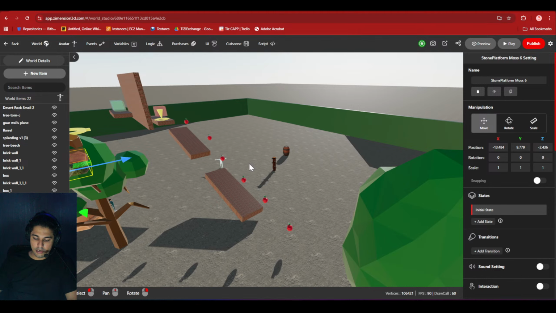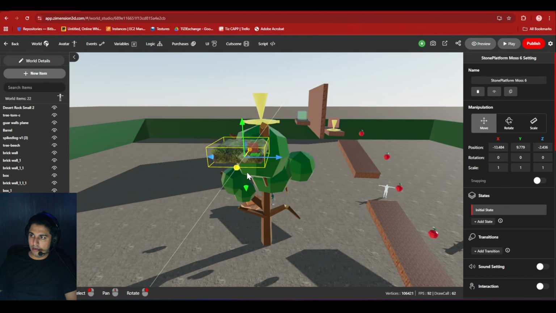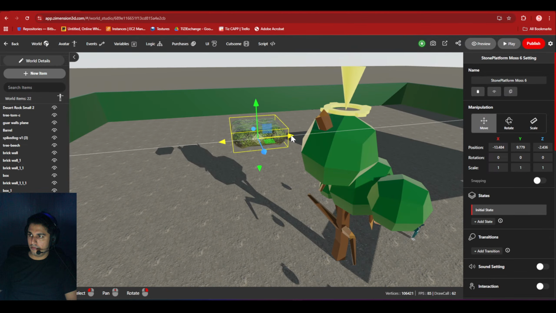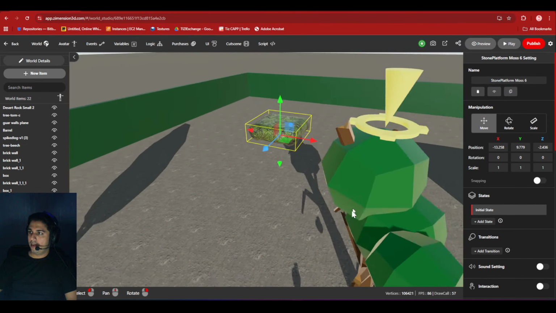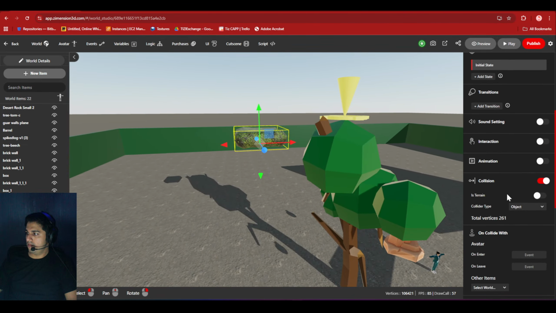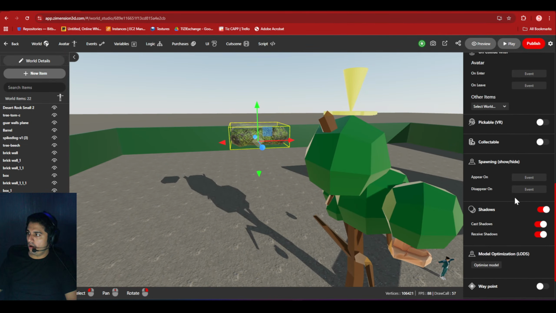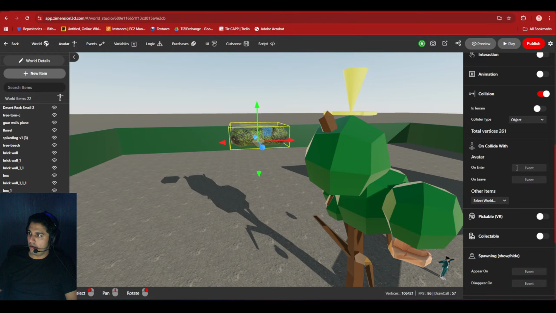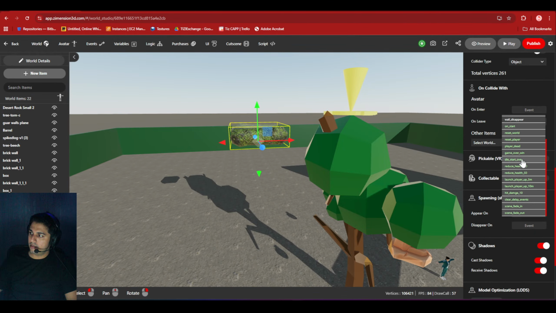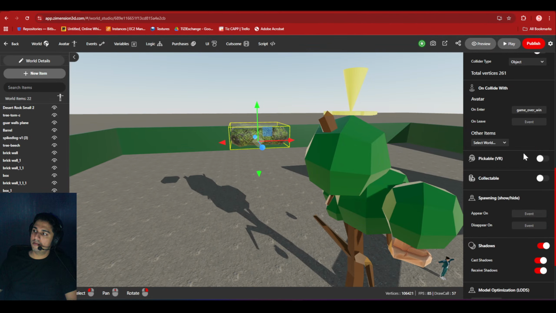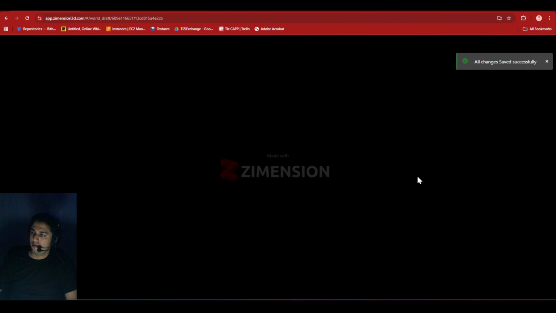So whatever is selected, if I press Control F, it will refocus it over here. Yeah, so we have kept this platform over here, and then again in the collision section, on avatar enter, we will trigger a default event which is game over win. Let's try.